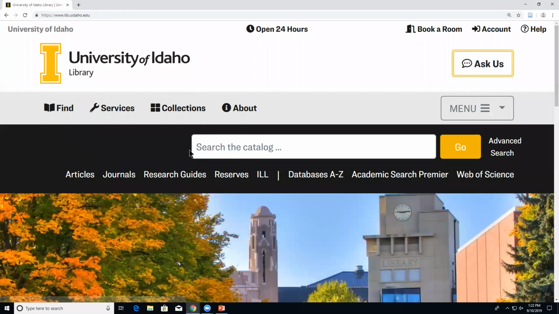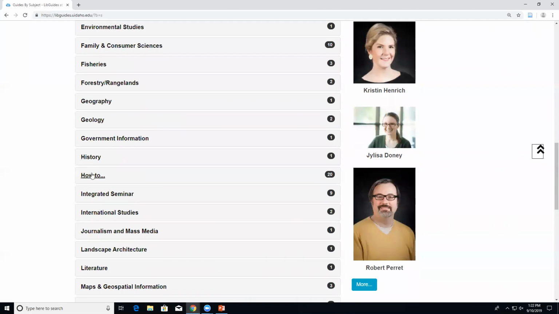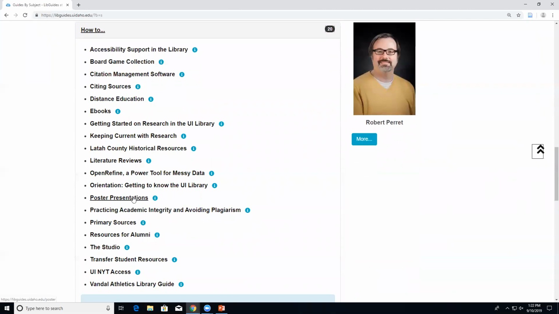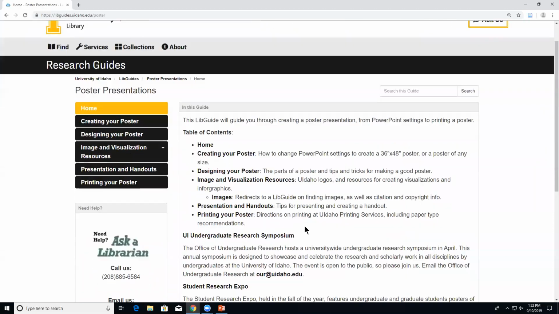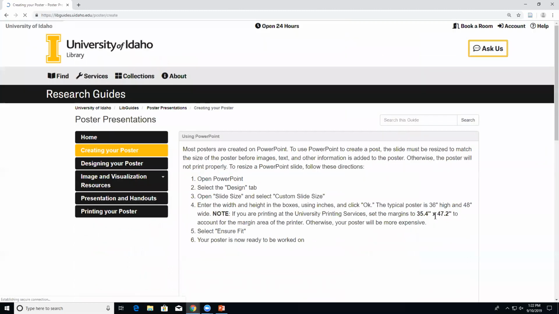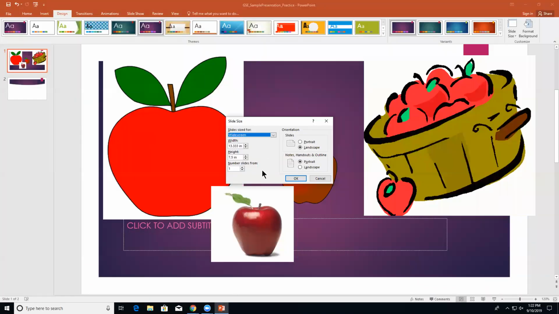from our homepage, if you go under Research Guides and scroll down under How To, we have a guide on poster presentations. And this gives some guidance on how to use PowerPoint to create a poster. And I believe, yep, if you click on creating your poster, it gives you the margin size that the printing services need to print it to that standard poster size. So that's where you would go to change it so that it would be able to be printed and used